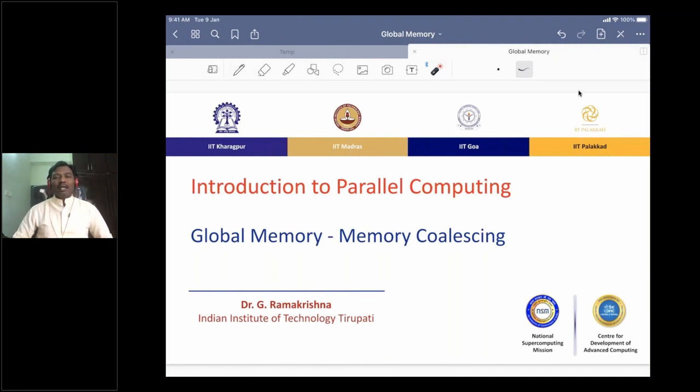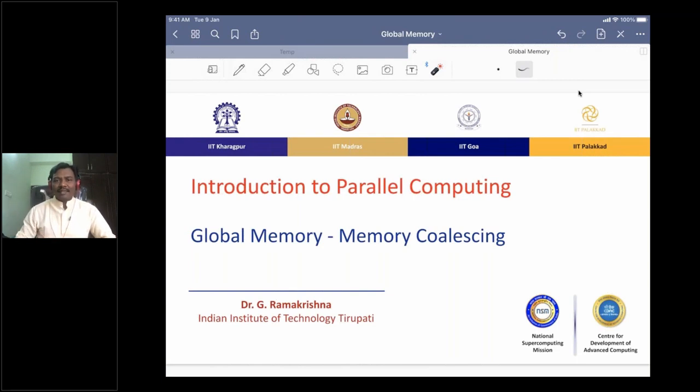Now today we are going to work on the concept called global memory and memory coalescing. There is one commonality between today's class and the next and further sessions. In all these three sessions, today we are talking about memory coalescing, the next class is about thread divergence, and the further class is on shared memory.